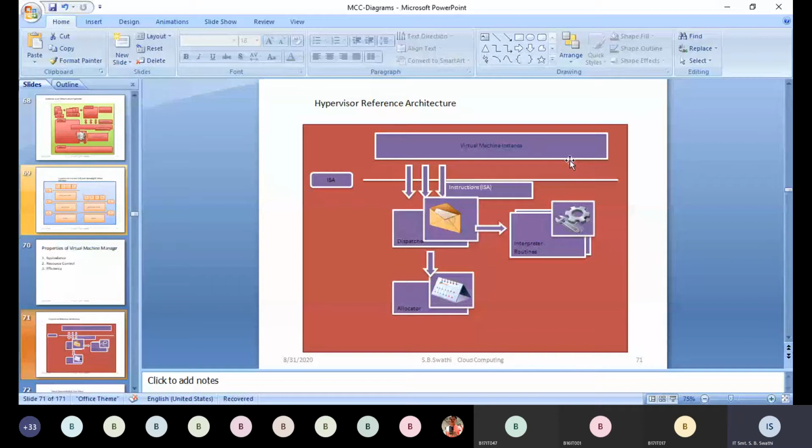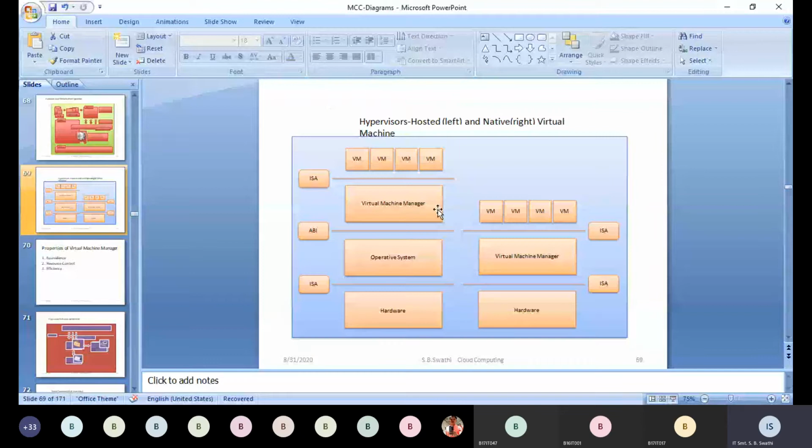In the VMM, we then check whether the resources are enough to meet the particular instruction. If so, it will try to execute those instructions and provide the result to the client without going to the hardware again. It tries to reduce the burden on the hardware. The dispatcher will collect all the instructions which are passed from the client.